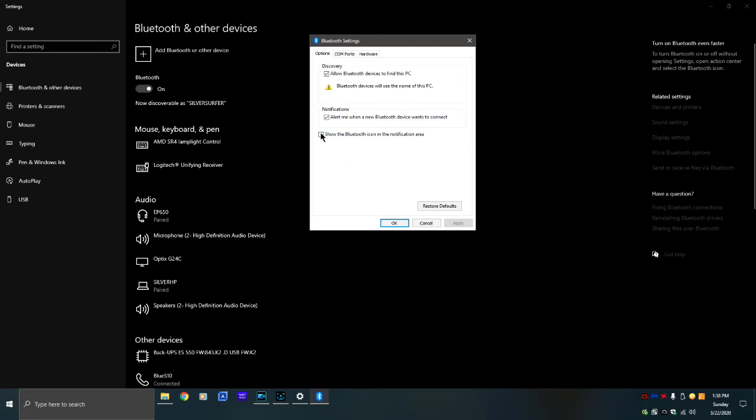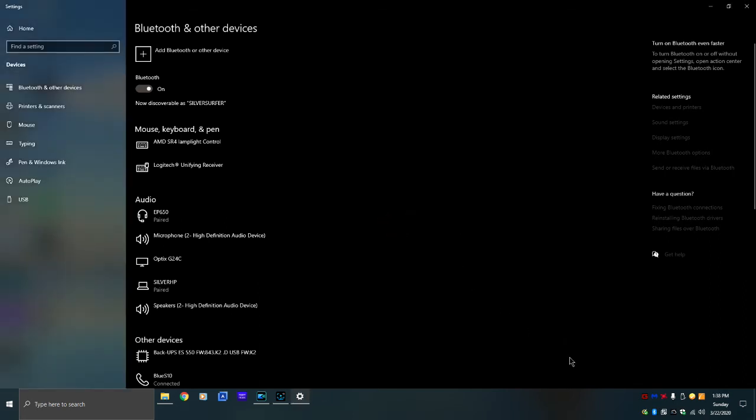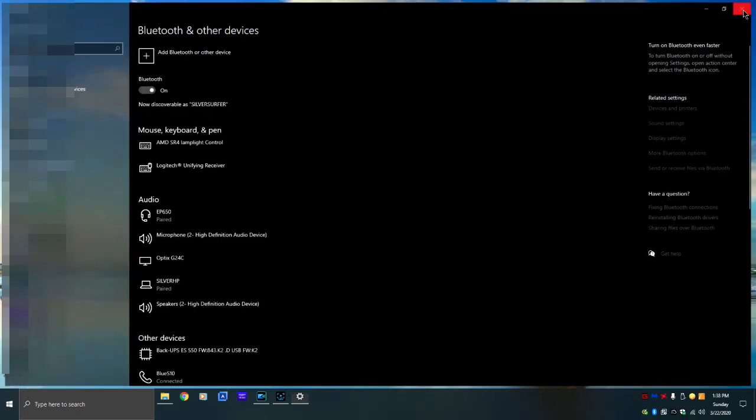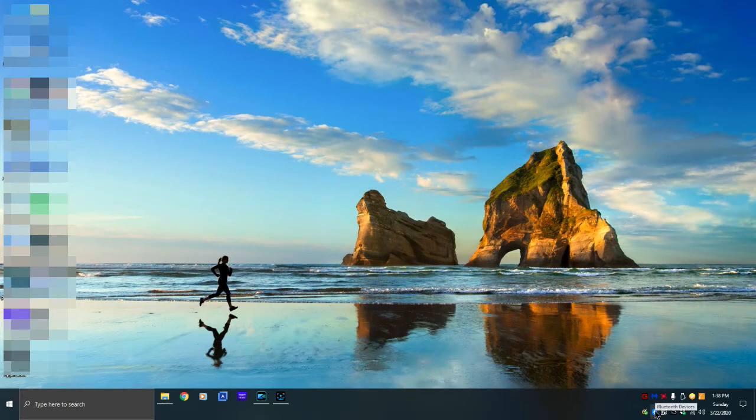So you're going to just select that, put a check mark in the box, click apply, and OK. And now if you come down here to the taskbar, lo and behold, there it is. So you can close this window out, and now whenever you restart your computer or start your computer, your Bluetooth icon will appear. And once again, if you left click it, you'll see there's a shortcut menu that comes up to where now you can send files or receive files a lot more